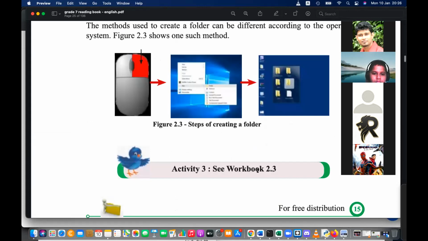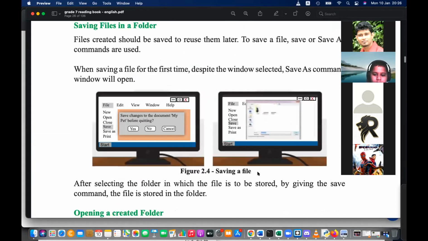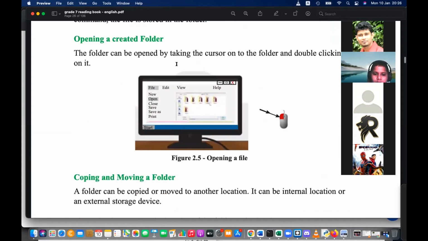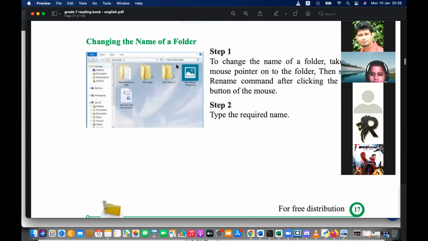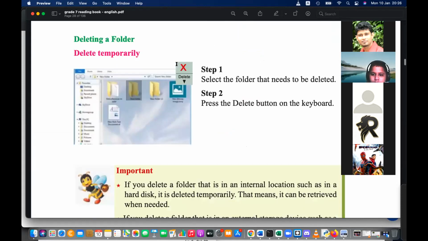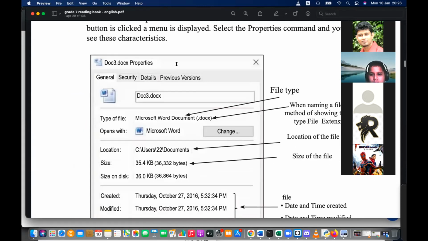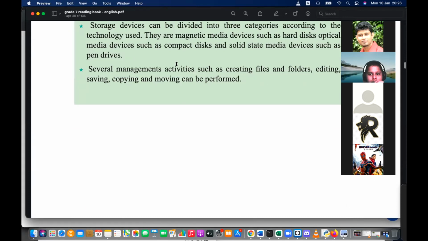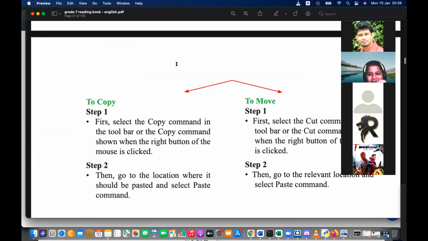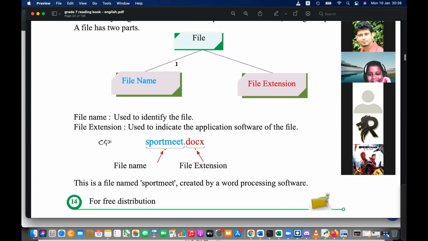Then we learn how to create a folder and how to create a file, also how to copy and how to move. We have to learn how to delete and how to delete permanently. Characteristics we have done, and for this lesson, the renaming part also. So let's do that practical first and then come to the storage devices again.